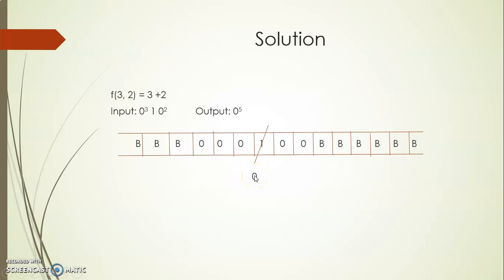So a very simple way to have 5 zeros is, you can convert this 1 to 0. But what is the problem? When I convert this 1 to 0, I'll be getting one extra 0. So to tally this extra 0, you can convert the last 0 to blank. That's it. Very simple algorithm. So the realization of addition operation in Turing machine is very easy.